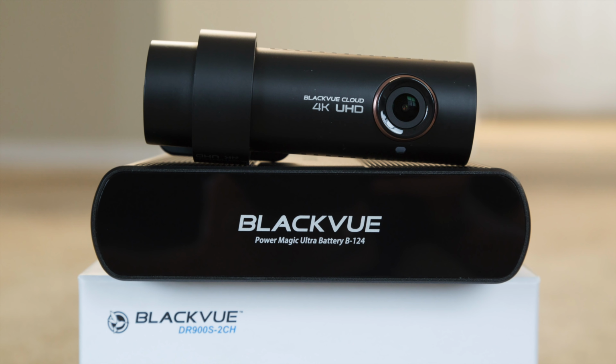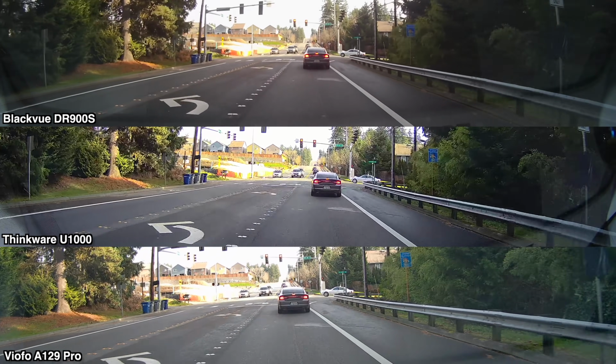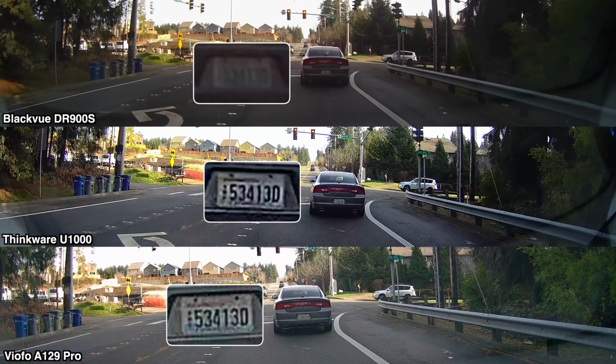It was the first real 4K dashcam, and it had noticeably better video quality over the 1080p dashcams that preceded it. However, I have kind of been noticing recently that compared to some of the newer dashcams, I think the Blackvue looks kind of muddled in terms of its detail and resolving capabilities. It looks like some of the newer 4K dashcams, even though they also record at 4K like the Blackvue,